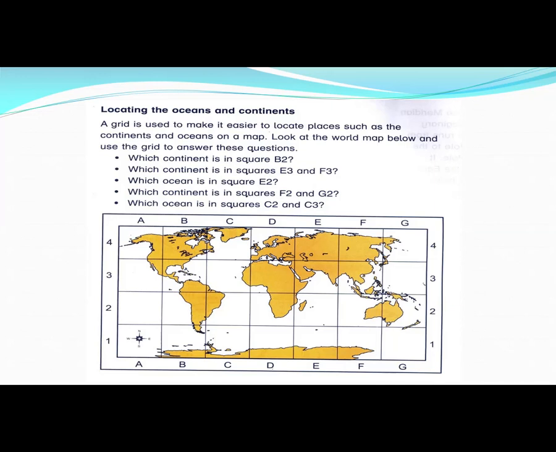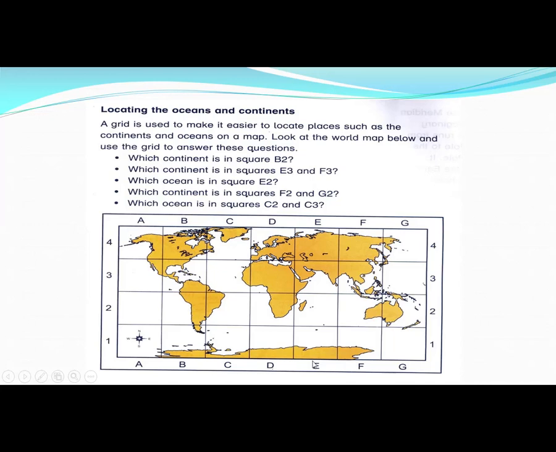Children, this is a small activity that you will do in your social studies copies. This time you are not going to do your work on the full-scape sheet. I hope you all have bought your copies as well. So in your social studies copies, the previous work will also be done. Whatever work was given in the first lesson, part 1 and part 2, you will do that work in the copies. You have to see the location of oceans and continents.